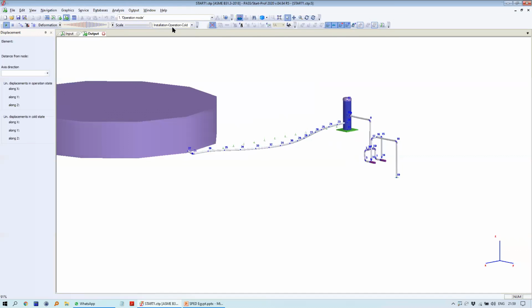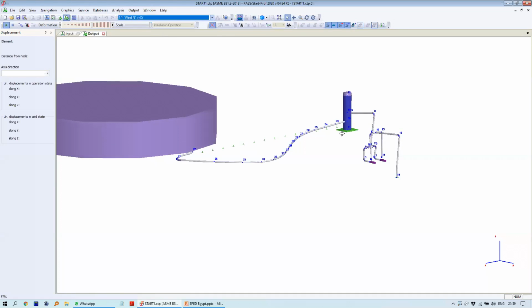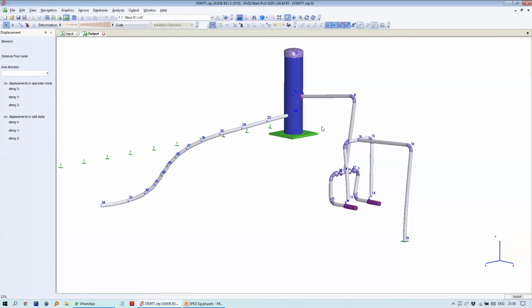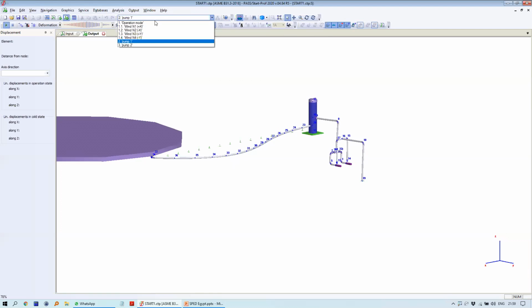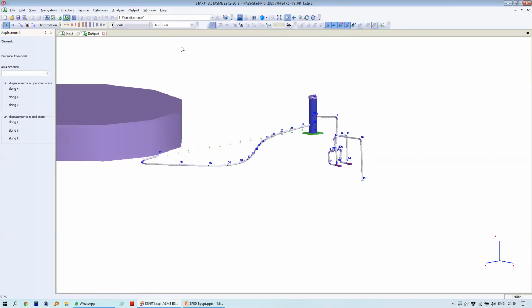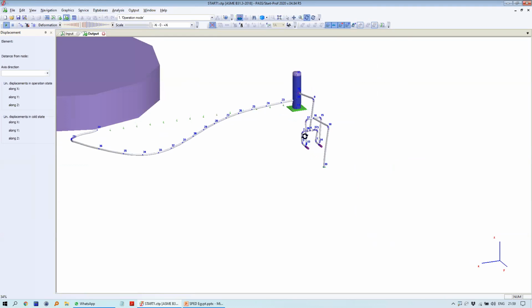This is operational mode. This is wind loads. We have a rigid system, so our wind loads are not so great. You'll see it like this. Okay. And you can see the seismic loads in X direction, Y direction,